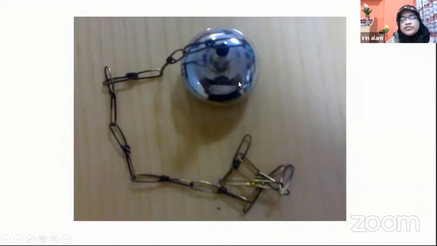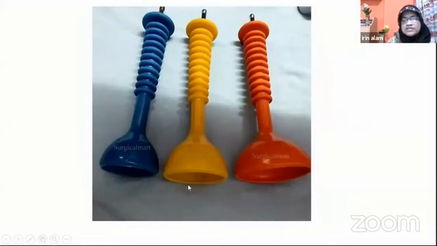There is another type of ventouse. This is a metallic cap, and this is the silastic cup. This is more beneficial for the fetus. It is attached to the fetal head, and delivery is done by creating negative pressure, and it is attached to the suction machine. Then negative suction creates pressure within it, and the baby is delivered through this suction pressure.